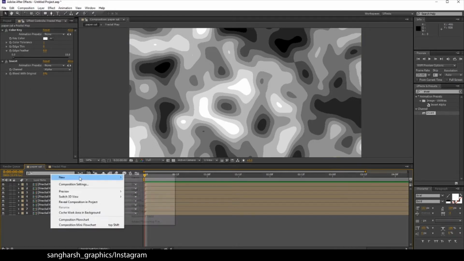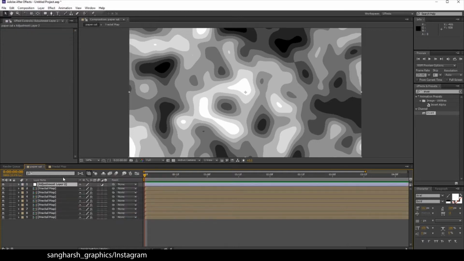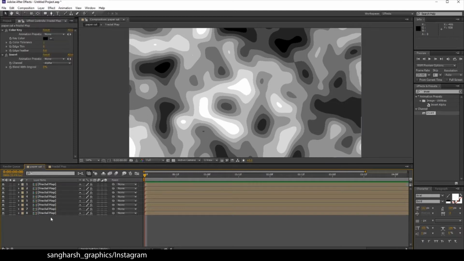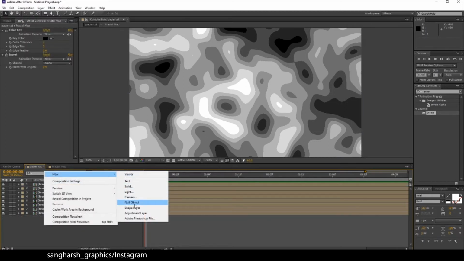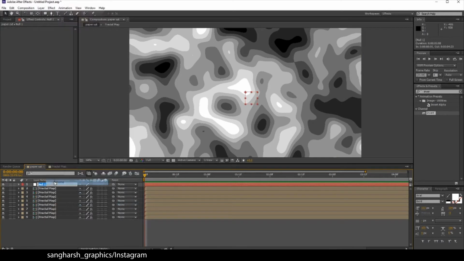Now right click, create a new adjustment layer, rename it as control. Select the control adjustment layer, or delete it, make a new null object and name it control.